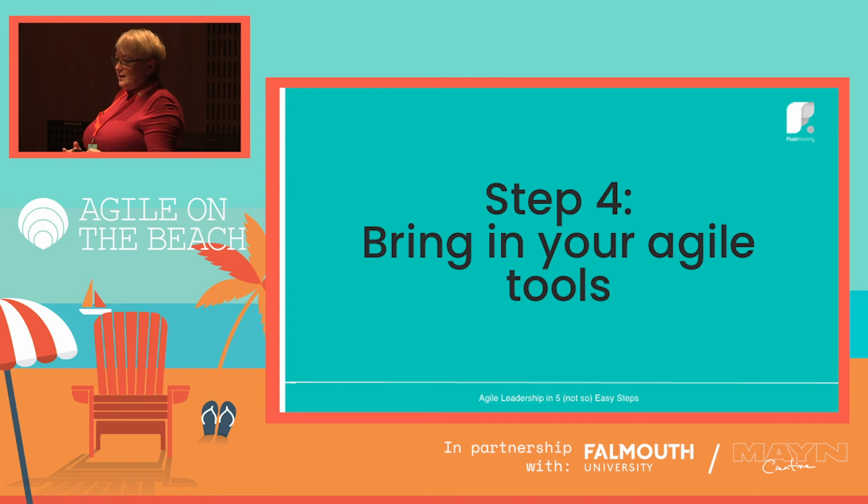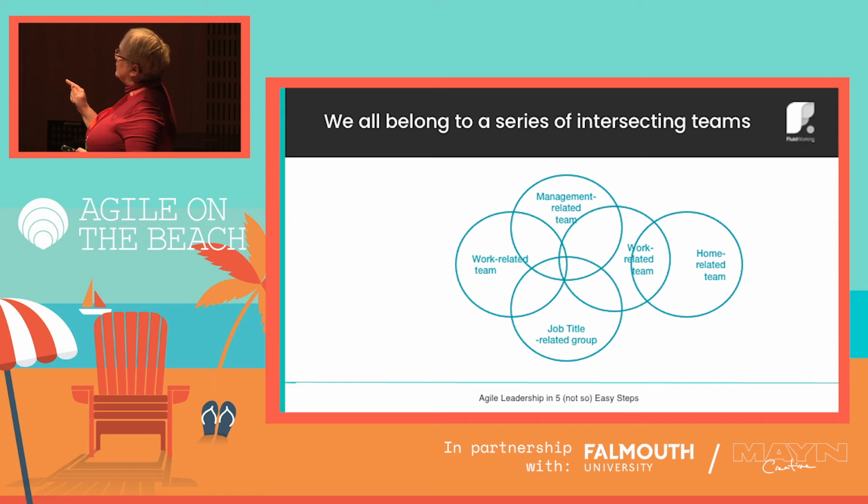So we all belong to a series of interconnecting teams. It might be that our teams are based on who we report to. So we all have the same line manager, so therefore we are kind of like a team. It might be to do with the specialism. We're all Scrum Masters, so we have a community of practice. So that's how we belong to that team. And those teams intersect. It might be the work we're assigned to. We might all be assigned to Capricorn project. In some companies, you might also be assigned to the Gemini project, and those teams might not actually intersect at all.